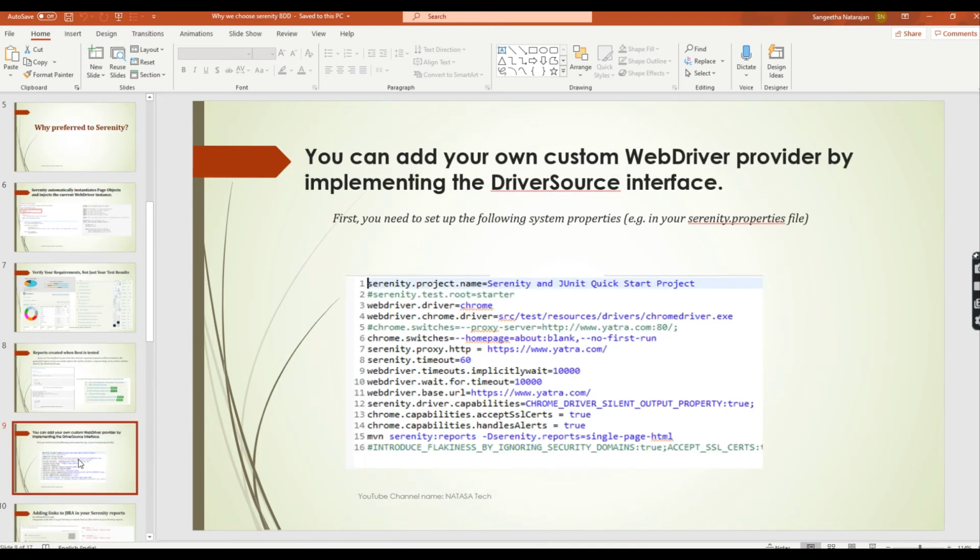Okay, and next is the driver source interface. Here we can create one Serenity properties file, which looks like a config properties file. Inside Serenity properties we define which browser we are implementing, where we keep the Chrome driver, and which URL we are passing. If you want to define implicit wait or timeout, some driver capabilities, whatever basic things you want for the web-based application, you have to define it inside Serenity properties. So everything is fetched from Serenity properties using the managed annotation.